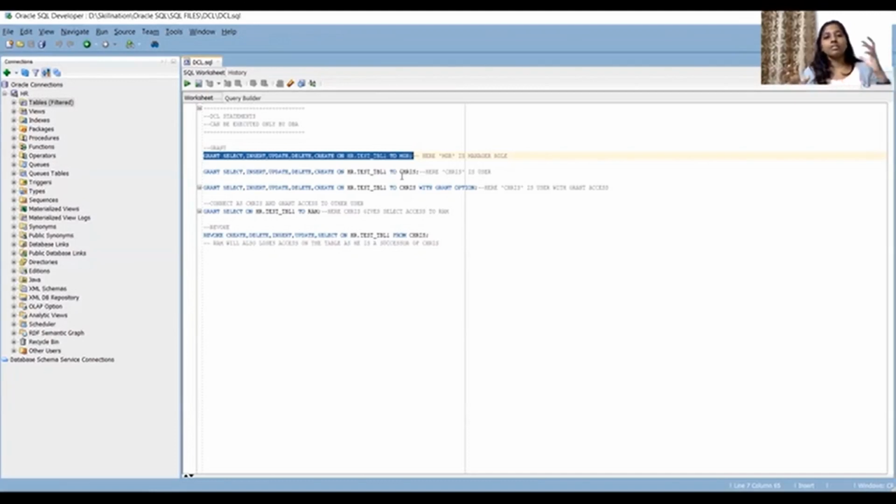So when a person joins a company, he is created with a user ID, and the user ID just has to be mapped with the role, whether that person is a manager,